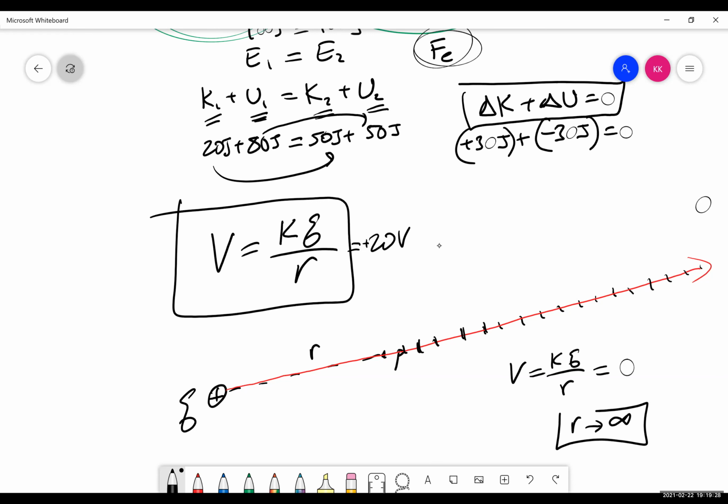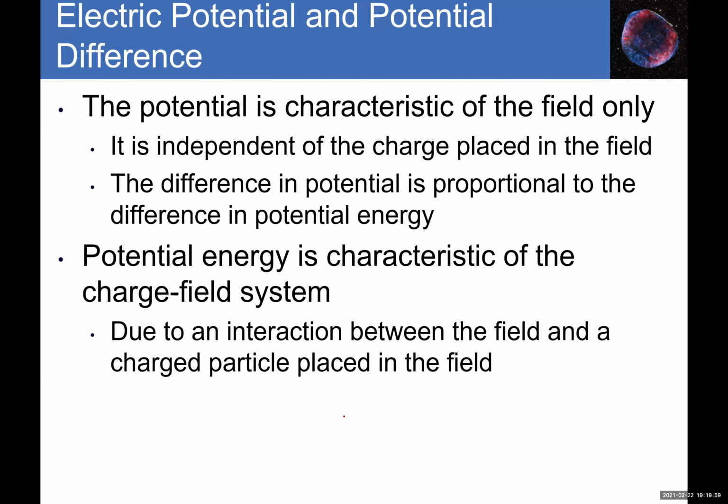So that's why a lot of times I can say that the change in potential is V2 minus V1, and taking that point one to be infinitely far away, it becomes V2 minus zero. So all I have to do is calculate the potential at this point P, and I have my change in potential, because my reference point is infinitely far away and potential is zero there. All right, so that's pretty much what we have. So the potential is a